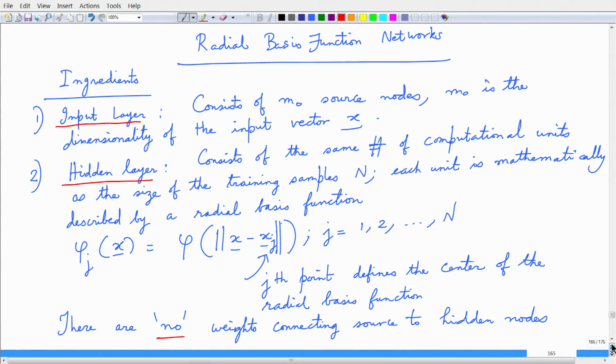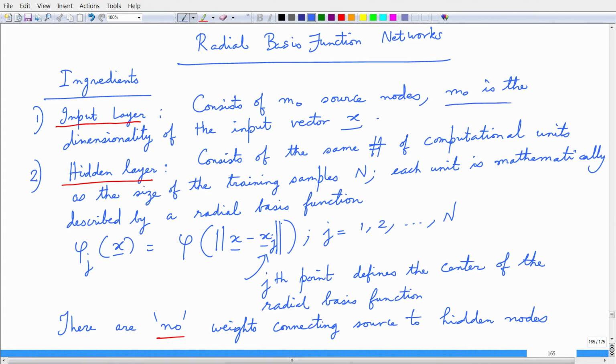We have an input layer, we have a hidden layer, we have an output layer, but this network is not typical to what we think about having a neuron as a computational unit. There are some differences and we will see this as we get into the details. The input layer consists of M naught source nodes, where